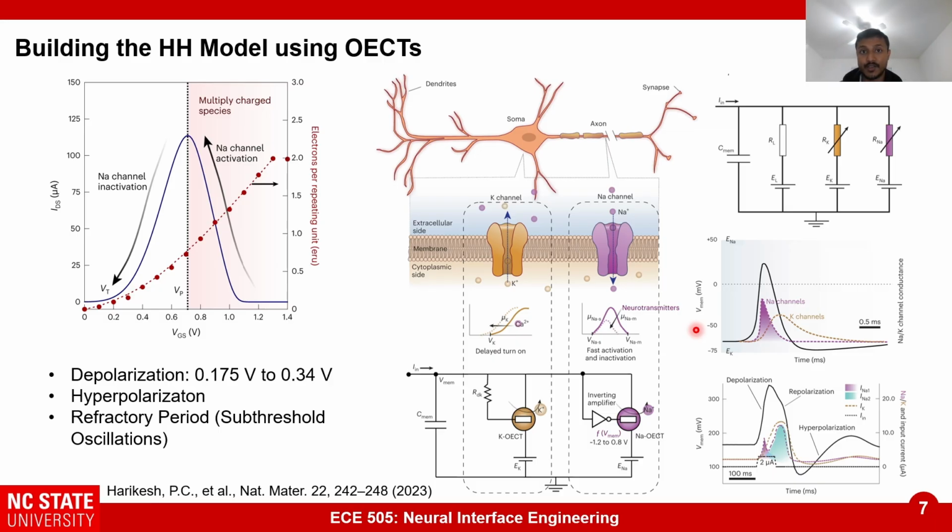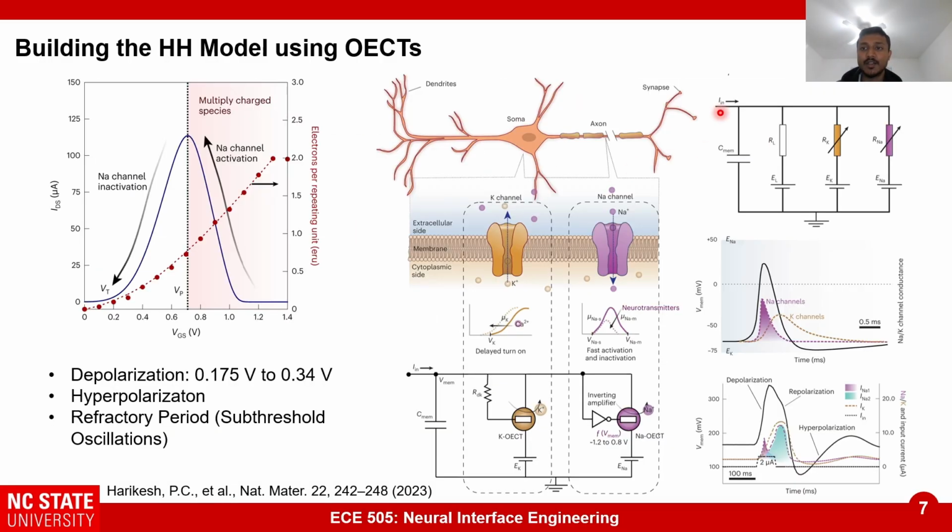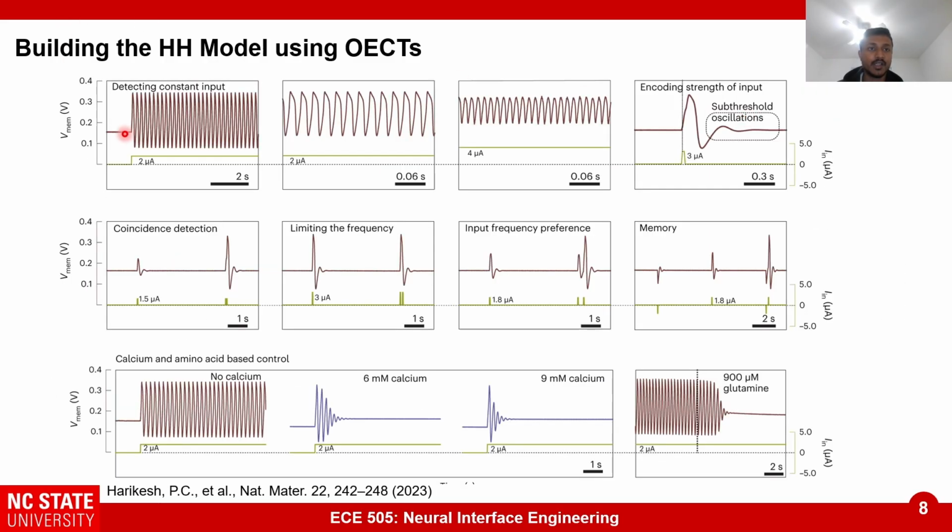Furthermore, if you closely look at the circuit here, they actually just apply the current continuously, and if you do that, you can actually generate several pulses with a constant input. So these are continuous pulses which occur in this device, in this circuit, and if you increase the input, then you can see that the current also increases. So yeah, this is how the Hodgkin-Huxley model that was developed using OECT behaves,